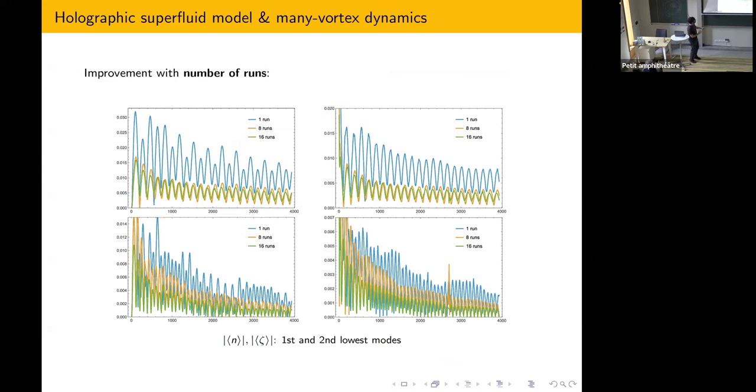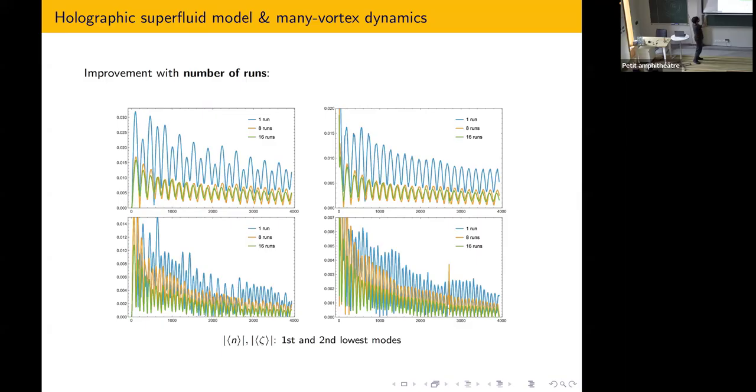Here, for example, I show you the absolute value of the charge density and the superfluid velocity for the first and second lowest Fourier modes. Because we are in a box, the Fourier modes are discrete. And this is just to show